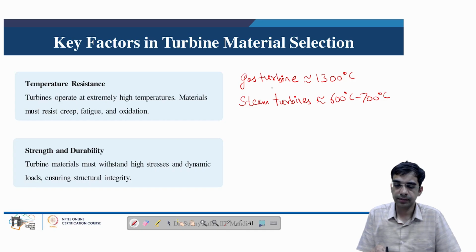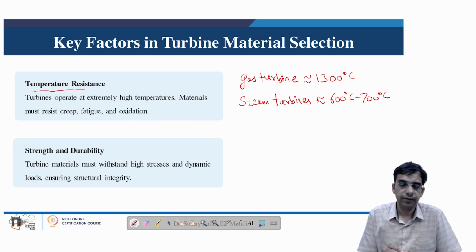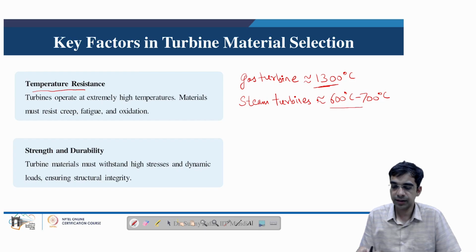because we have understood in gas turbines the hot gases are produced after combusting, say, natural gas, and in steam turbines the working fluid which is used is the superheated or ultra superheated steam. So temperature resistance of the materials which are used to make this turbine is very important, because at such high temperatures like 1300 degrees centigrade or maybe 1600 degrees centigrade, there are several challenges for the material to overcome.